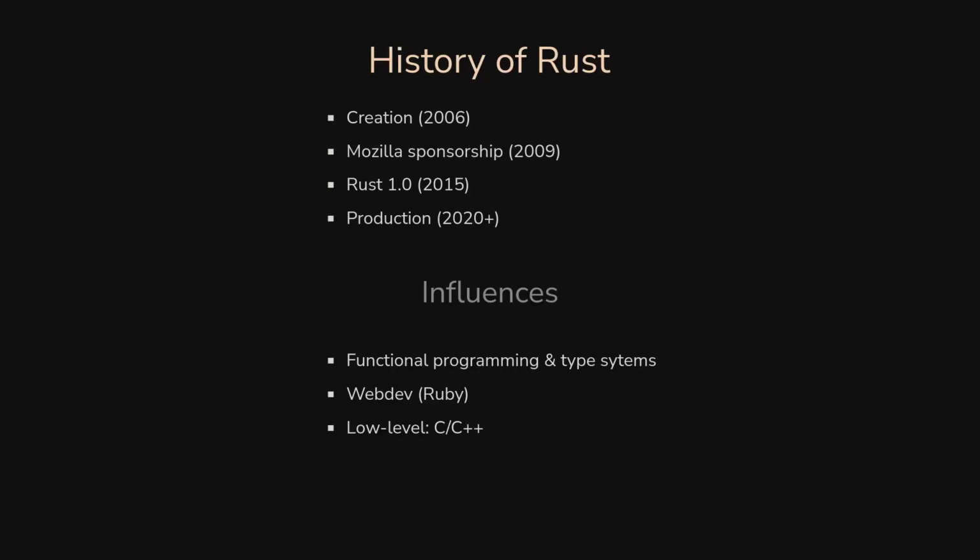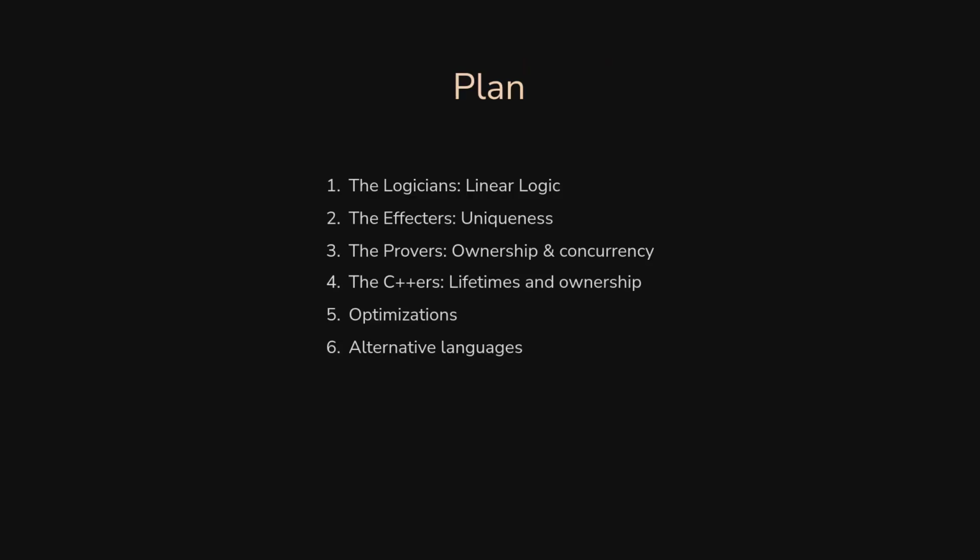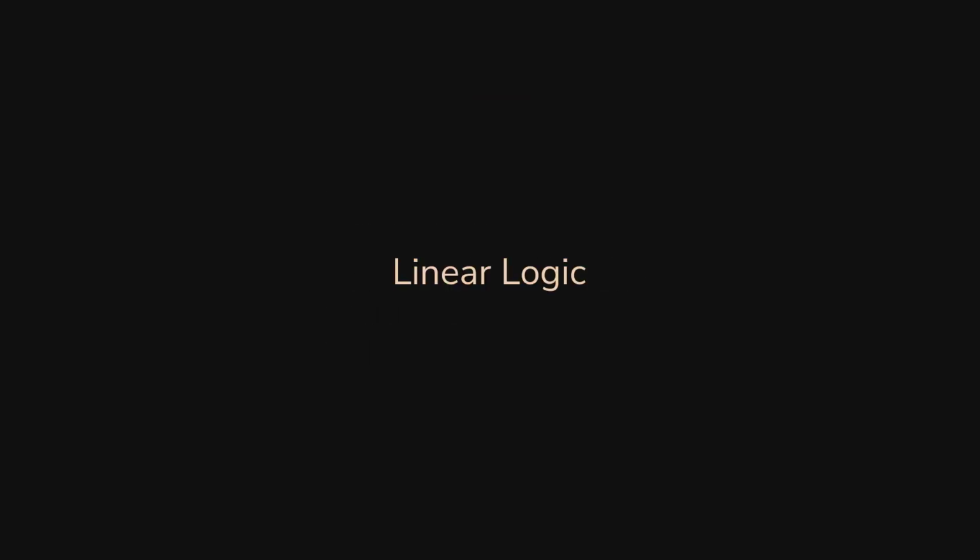It changed a lot. Then it was stabilized in 1.0, and we could say from 2020 or a bit more, it started to really be used a lot in production and became a more mature language. So I will talk about a bunch of things. Some of the parts are just one slide, so don't fear the number of parts. All the things introduce concepts and ideas that came from different origins, and I will try to explain how they relate to Rust.